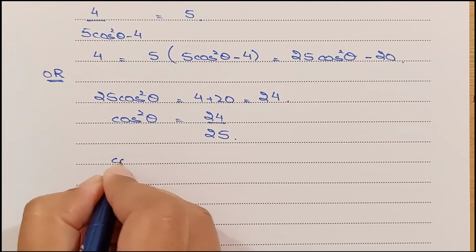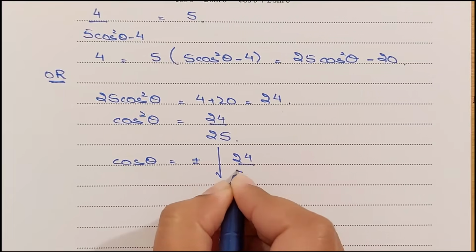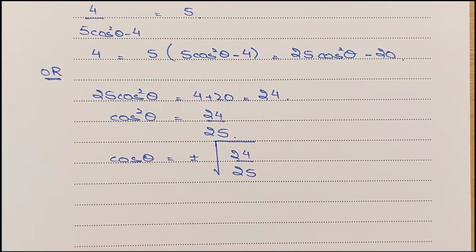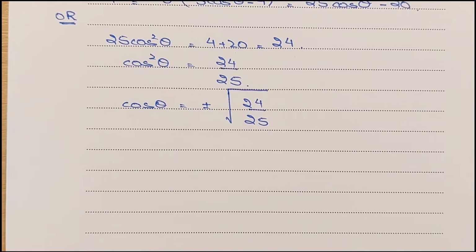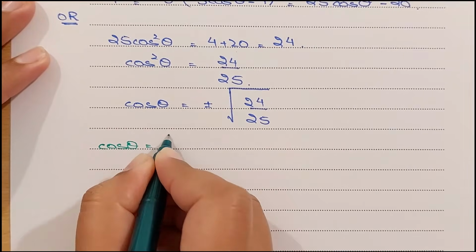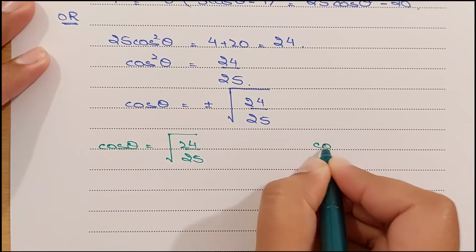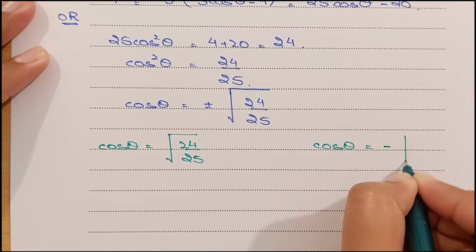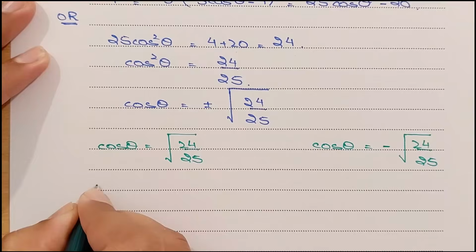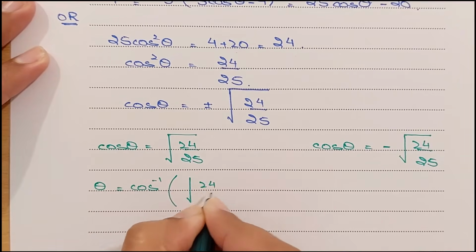And we have the value of cos theta equals plus minus square root of 24 over 25. We have to deal with two values, a positive one and a negative one, right? So here we have two cases. For case 1, we have cos theta equals square root of 24 over 25, and the second case is cos theta equals negative square root of 24 over 25, right? So from here we have to find the value of theta, that is cos inverse of square root of 24 over 25,